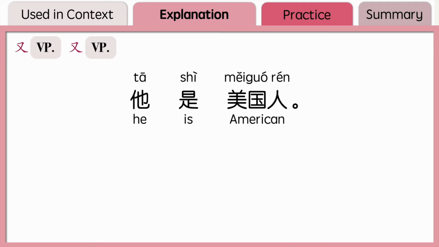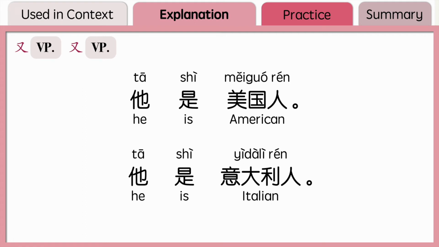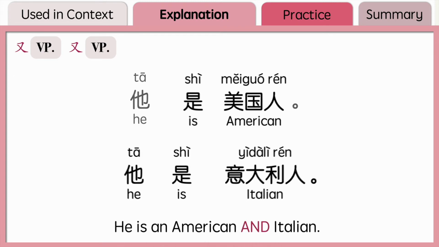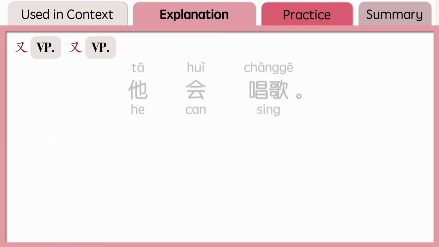他是美国人。He is an American. 他是意大利人。He is an Italian. These are two verb phrases. If you want to say he's an American and Italian, you can combine these two verb phrases and say 他又是美国人，又是意大利人。